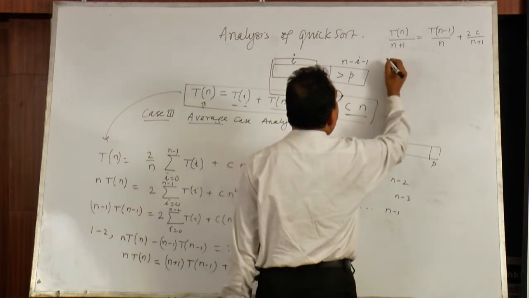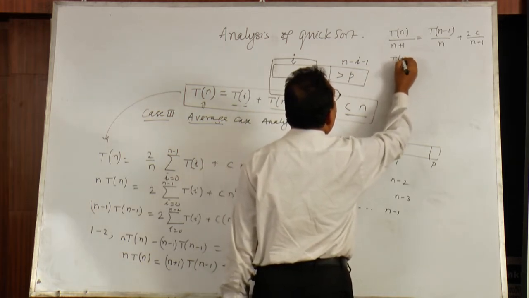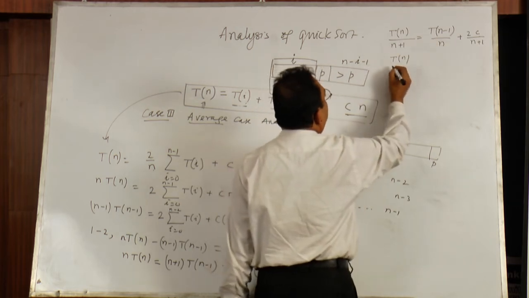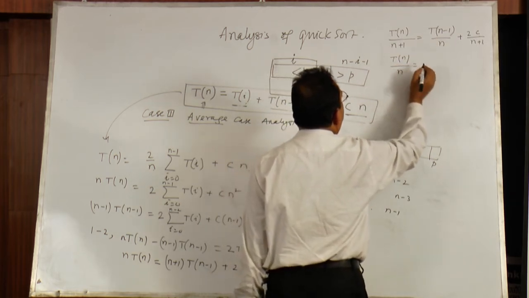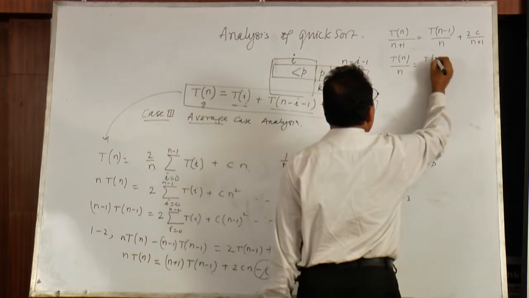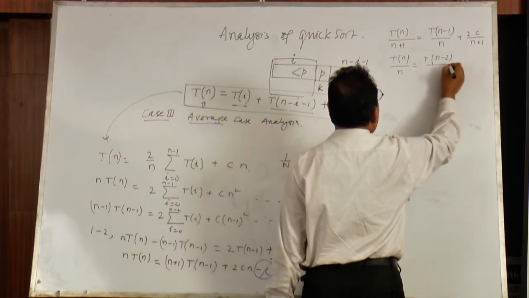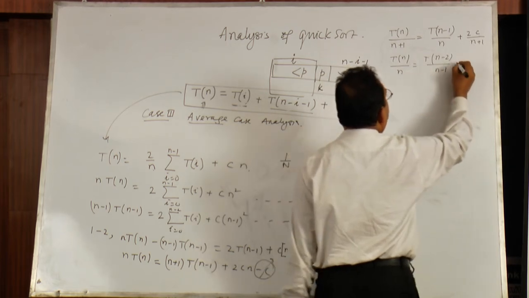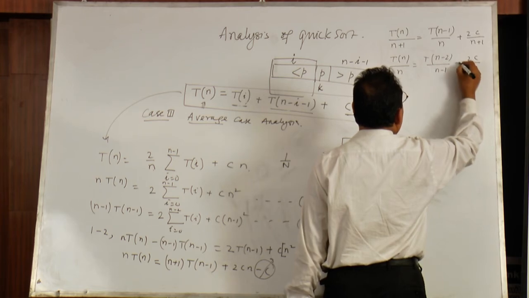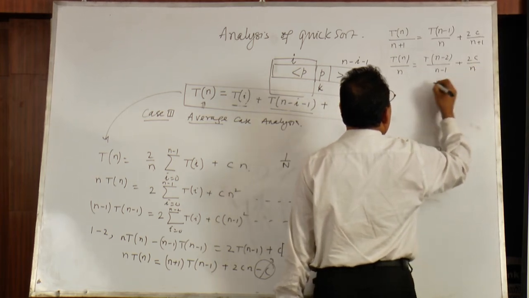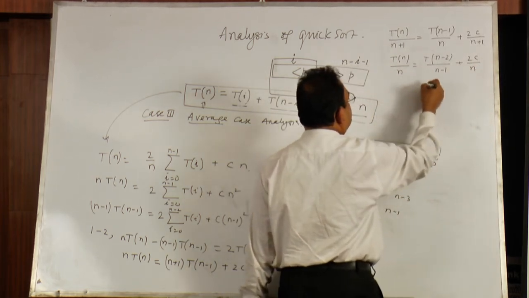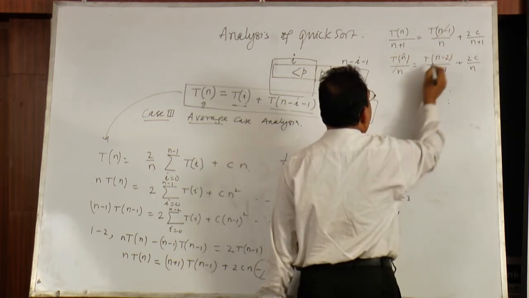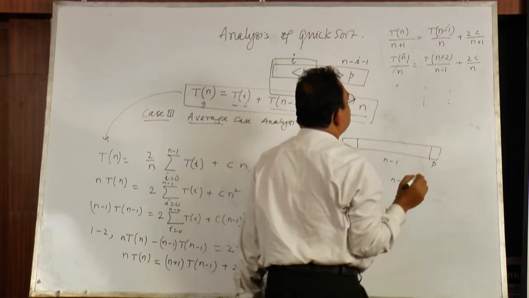So, the next step will be, in T n, we are substituting n by n minus 1. So, T n by n, this will be T n minus 2 by n minus 1 plus 2 c by n. Next, this will continue. So, this will cancel out, similarly this will cancel out. So, when will this stop,